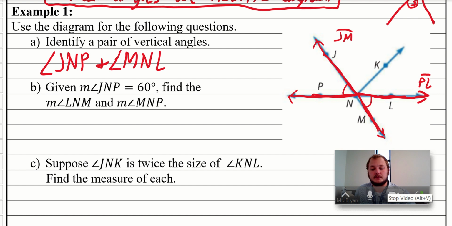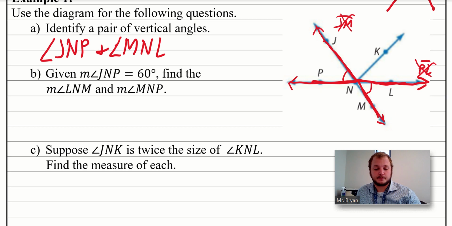Remember, if it's asking for angles, I'm not going to write the line JM or the line PL. Okay, I'm always thinking angles. I'm always thinking 3 points with that angle symbol. Okay? So, with that being said, if I'm looking at this, now part B, it says,